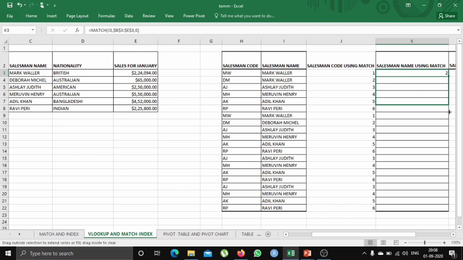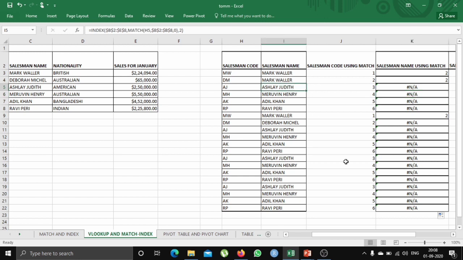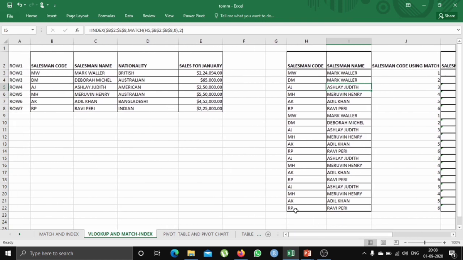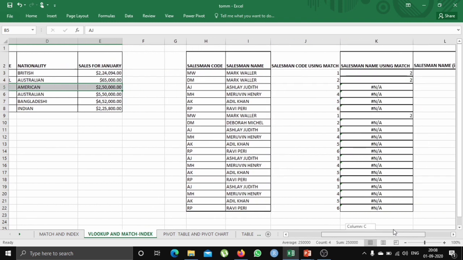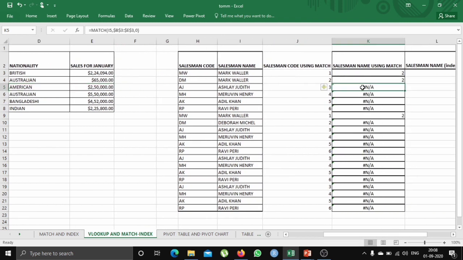Now extend this. So we are getting NA here because, as you can see, for this name the row is different. The row for this name Ashley is row number 5. So we have to change the row number for the specific value.